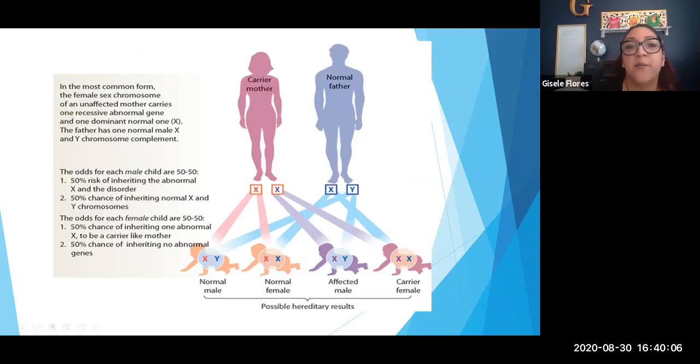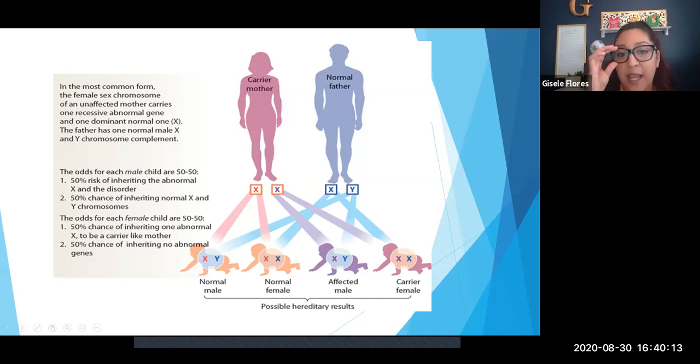Here's some of those examples. So let's say the mother is a carrier, the father is not. They have one affected X and one non-affected X. So you'll see that the affected X will go to 2 children, but they're also getting information from their father. So if that child gets a Y from their father, chances are that that child will be affected by that